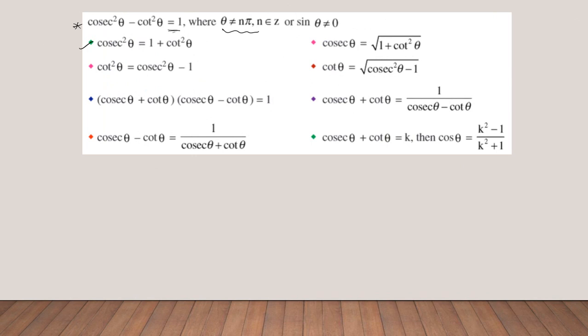So based on that we are going to have the 4 basic formulas, and after that using the a square minus b square concept we are going to have 3 more extra, like how we have secant square theta minus tan square theta is equal to 1, right? The same way we are going to have one more result. This also we are going to prove in an exercise problem. If cosecant theta plus cot theta is equal to k, then cos theta is equal to k square minus 1 by k square plus 1.